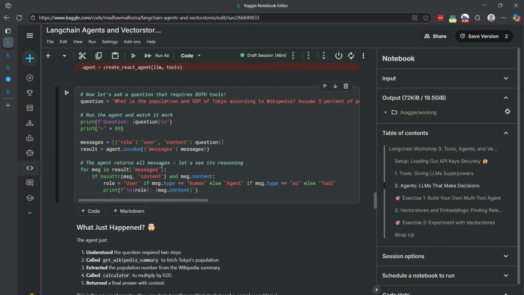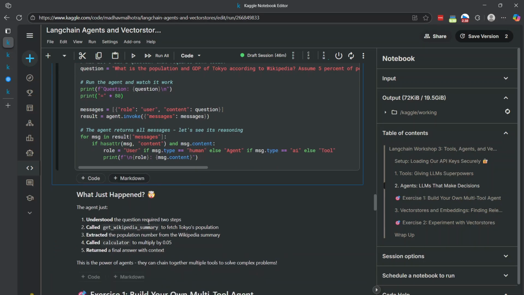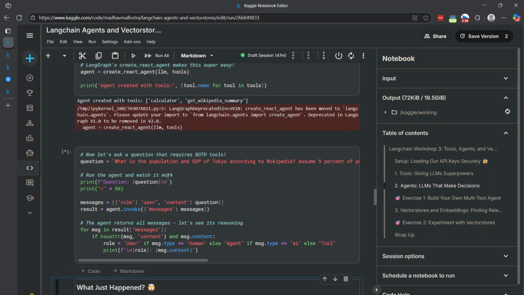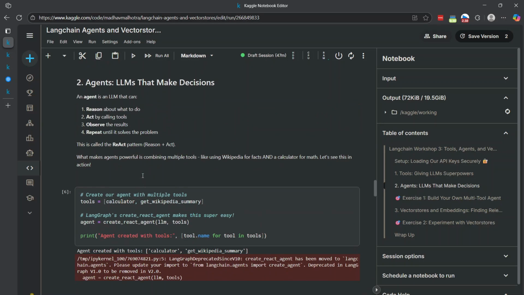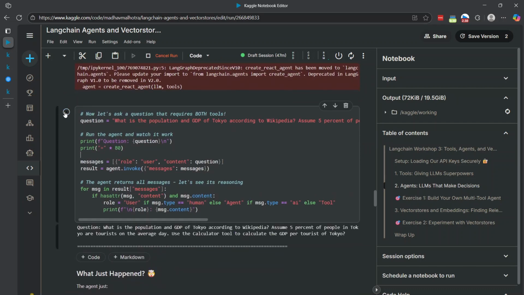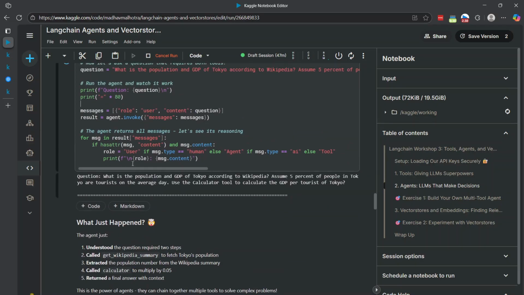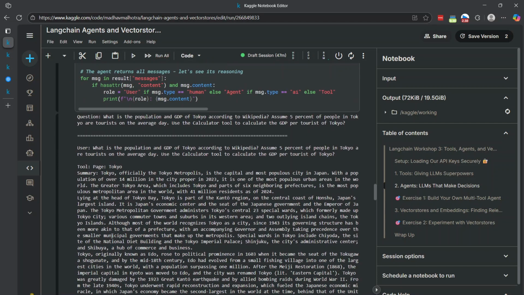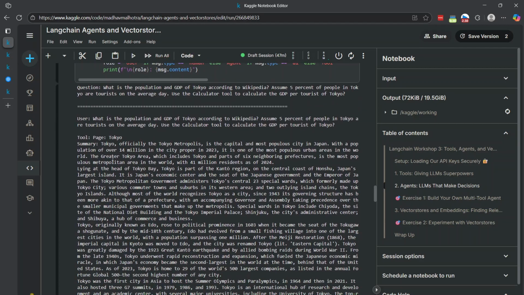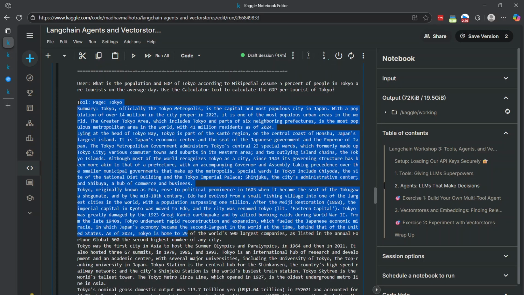What you'll see over time is the code will fail to run. I wonder why. Just being slow. So it'll start off by asking a question, and then over time, the chatbot will take different actions. So here, the chatbot looked up some Wikipedia info on Tokyo,